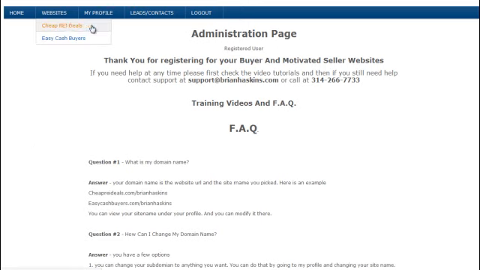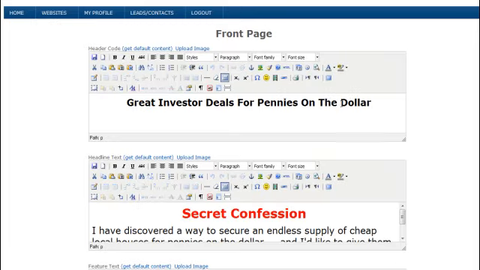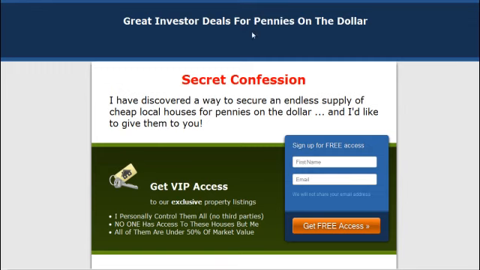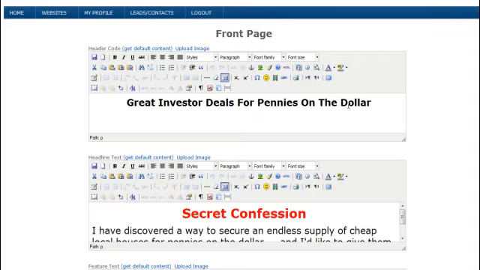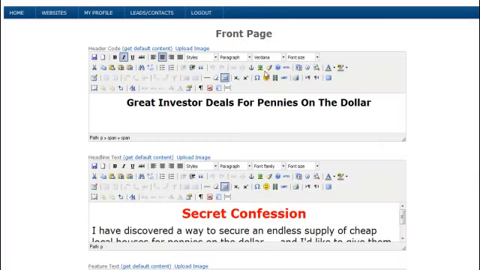So we're here at the cheapreideals.com. We're in the back section of the website where you can modify it. You can see here this is the actual website we're going to be modifying. So for example, if we want to go ahead and add an image in here, what we can do is we can just select where we want the image to go. We can go right here where it says upload image, and you would search your computer and then you would upload it. I've already got one uploaded, so what I'll do is I'll just come right over here